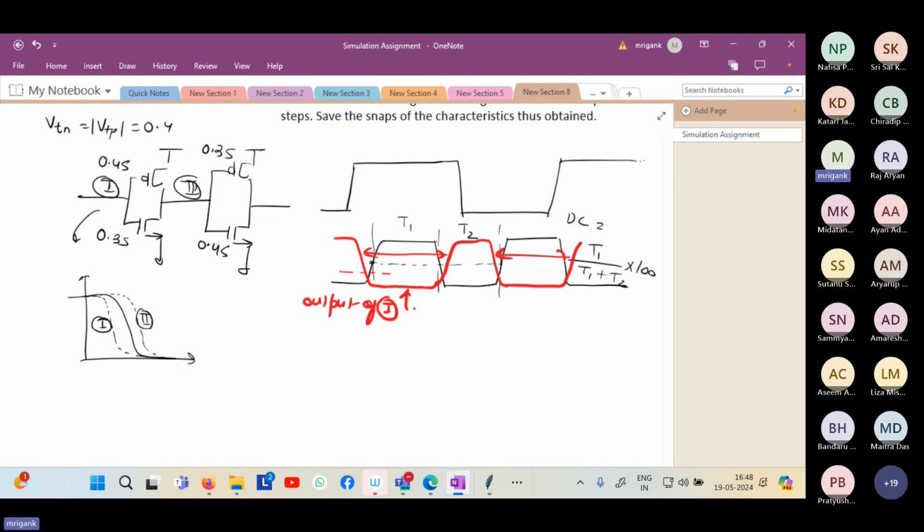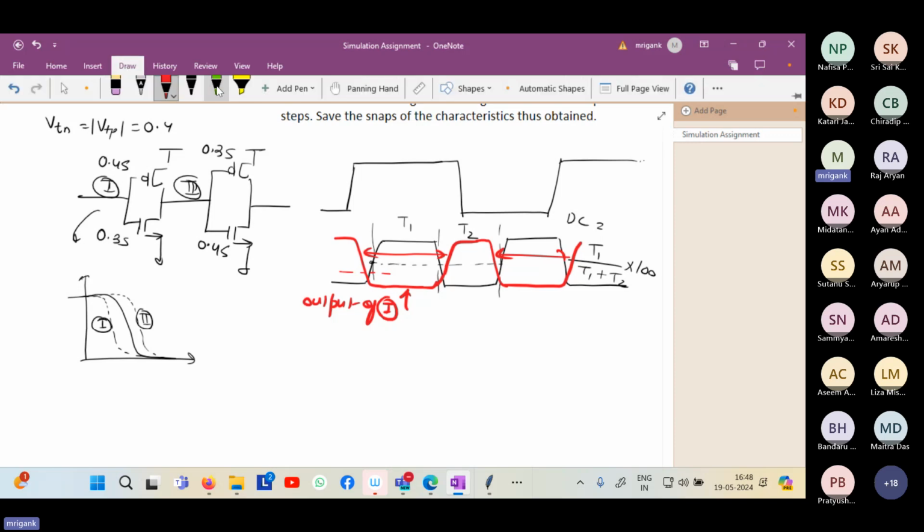What will it do? Now, if the red waveform is the input to the second inverter, let me draw it separately so that we can draw it on the same waveform using another color. So let me use green for the second inverter output. Now, for the second inverter, your trip point has shifted upward, right? So the trip point is upward, and therefore we are going to have